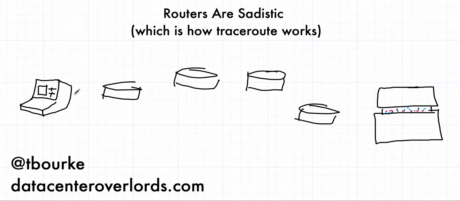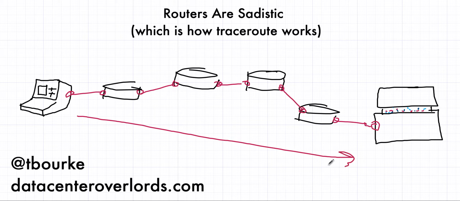So there are connections between you and the server that you're trying to reach. Various routing protocols and policies are in place in between you and these other routers, but they are a mystery to you. When you make a TCP connection to a host, SYN-ACK, TCP connection, or UDP, or whatever's going on between you and there, you don't know what's going on in between. You don't know what routers are in between you and the remote host. So that's where Traceroute comes in.